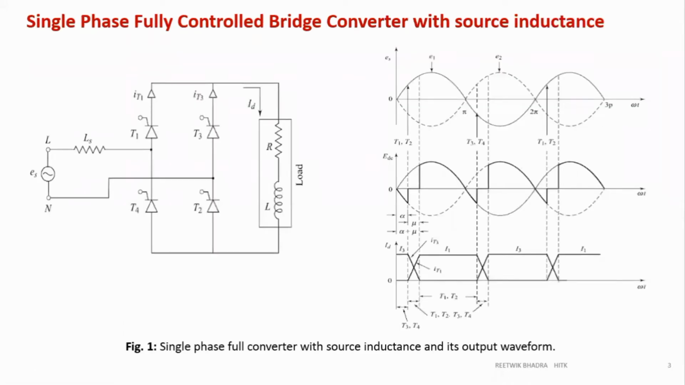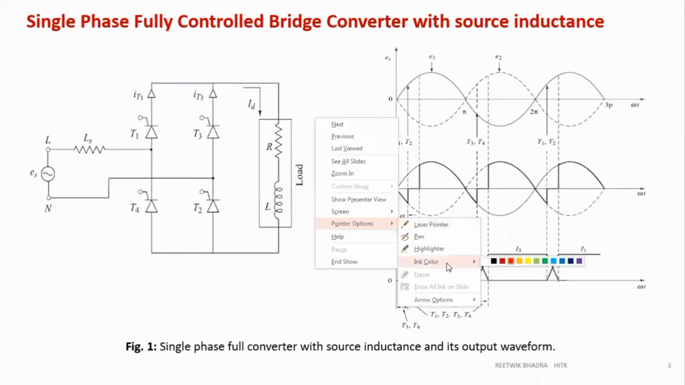Okay. So now what we'll do is carry on with our discussion with this. Now what is happening over here is that we are having the same waveform over here, no problem with it. But because of the source inductance, there is an overlap period over here. During this overlap period, all the four thyristors will conduct. As you can see, if all the four thyristors conduct,